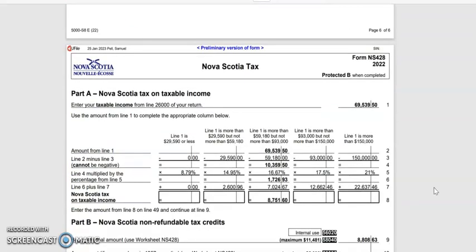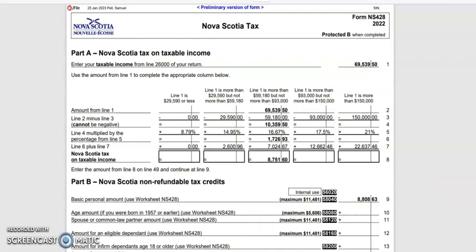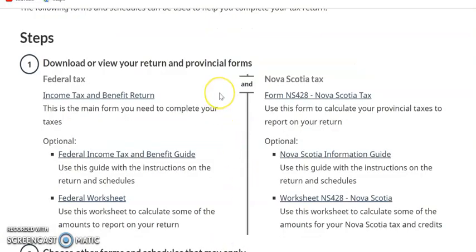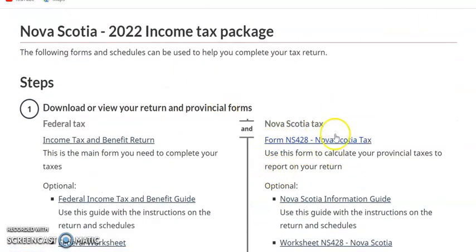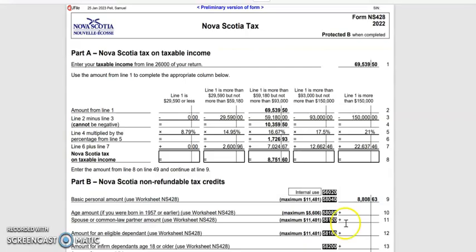Again, I already have these filled in, but if you remember, if we go over to the CRA website, where we looked at the Nova Scotia 2022 income tax package, right here for the Nova Scotia tax, form NS428. Okay, so the first step that we need to do is fill in the taxable income from line 26000 of your return. And if you go back, you can see that line 26000, the taxable income, is your 70,000,